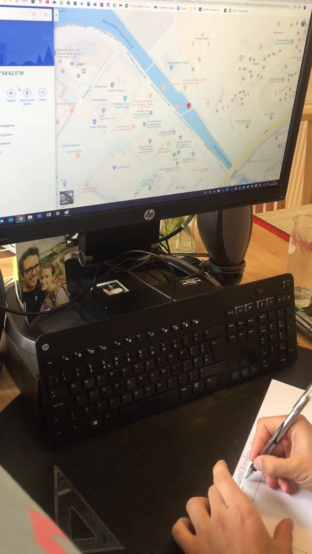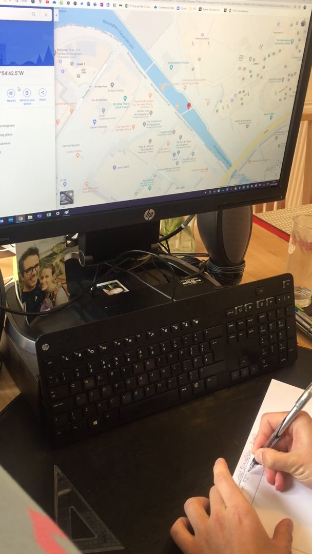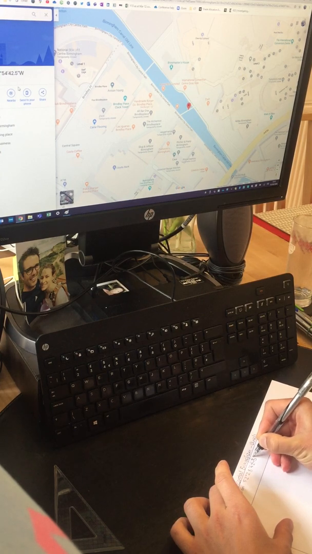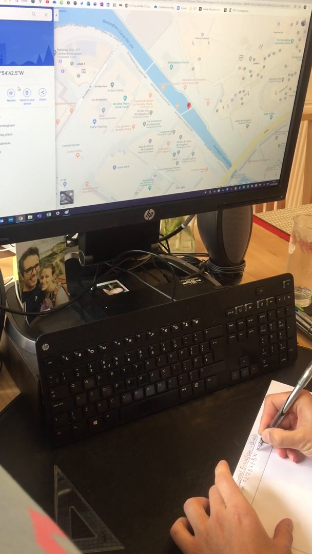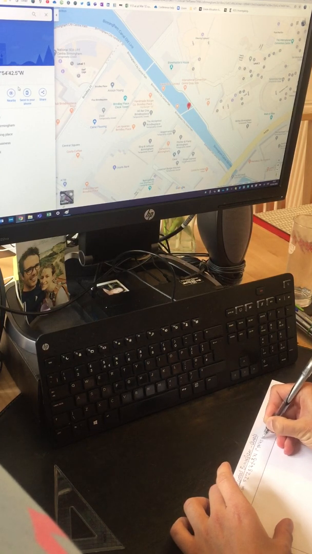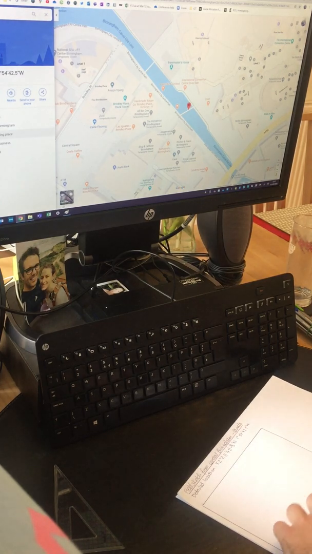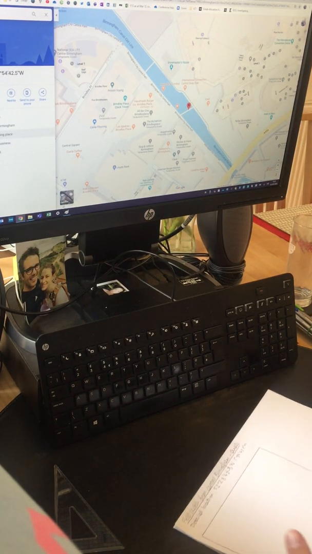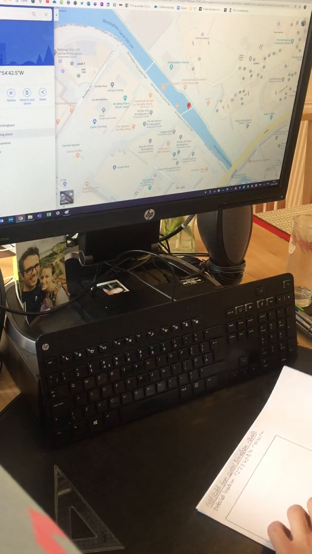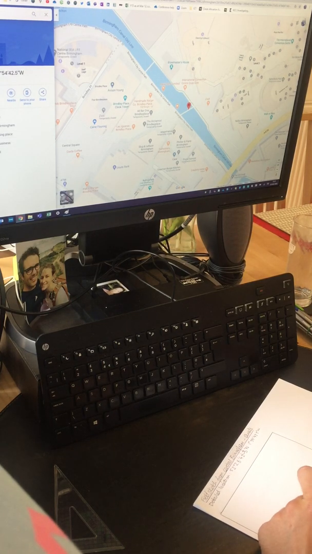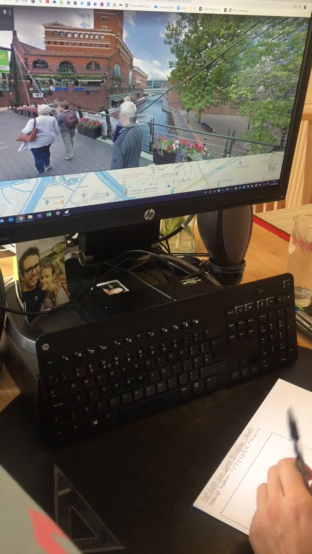So I could write down what my latitude is on here. And I've got a northing and a west value, so I'm about 52 degrees 28 42.3 north, and I'm 51 degrees 54 42.5 west of the Greenwich Meridian. So now I know a location, but what I don't know at the moment from this particular location is